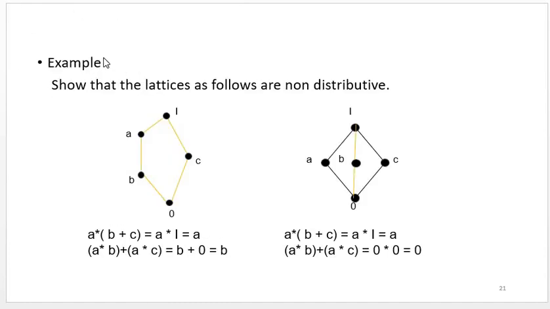So in this example, the lattices are non-distributive. In the first Hasse diagram, we can show that A star B plus C equal to A star 1, that is A, but A star B plus A star C is B. So A not equal to B, therefore it is not distributive. Similarly for this second diagram,